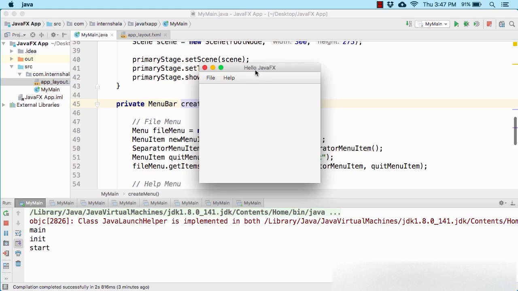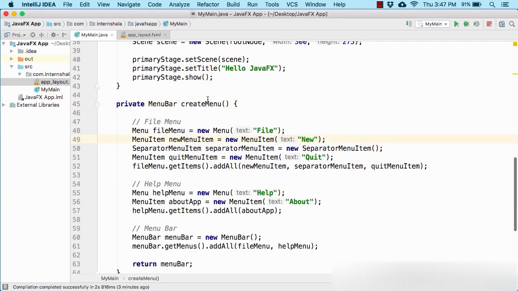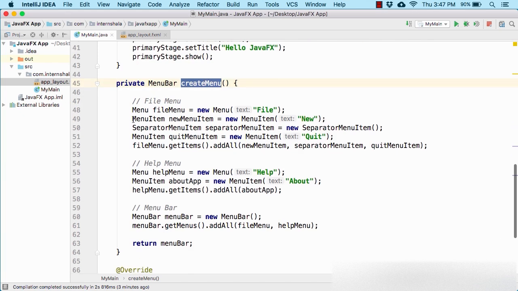Well, now it is time to implement the on-click listener on each of these menu items. So what should happen when the user clicks on the quit button? And what should happen when the user clicks on the about button? So for that, within our create menu method, let us try to handle the click event on our new menu